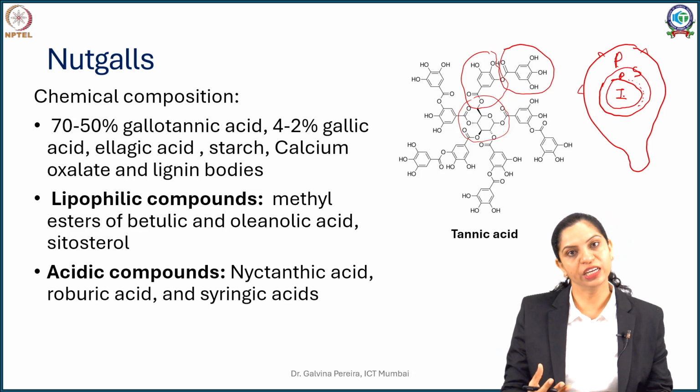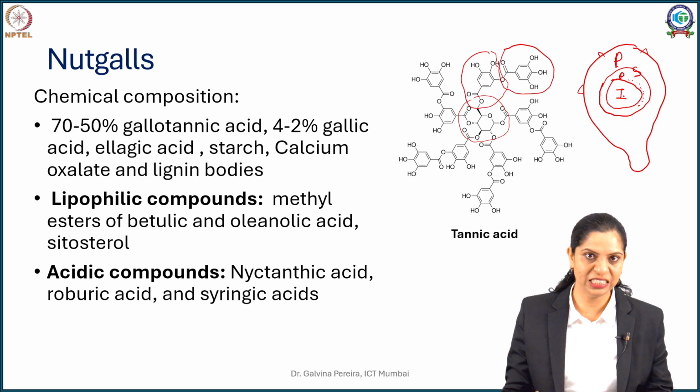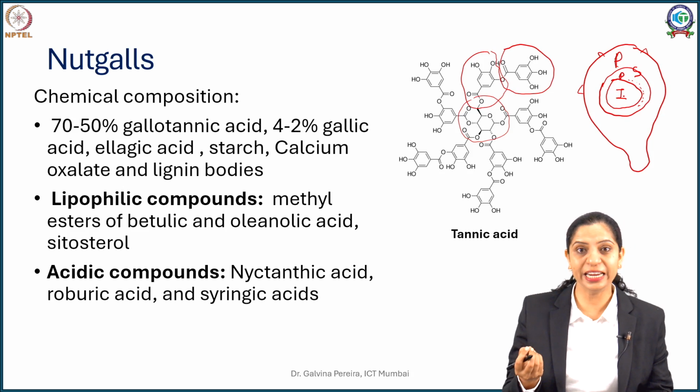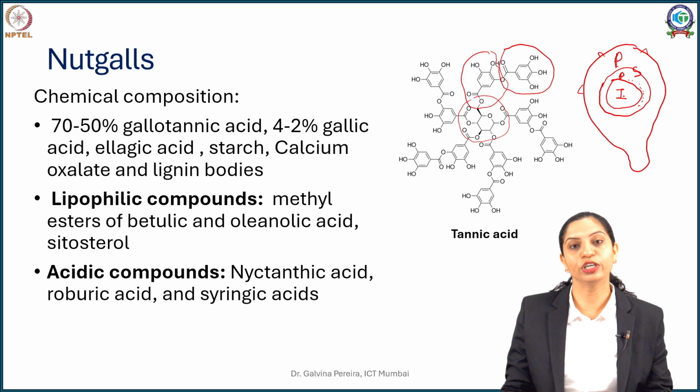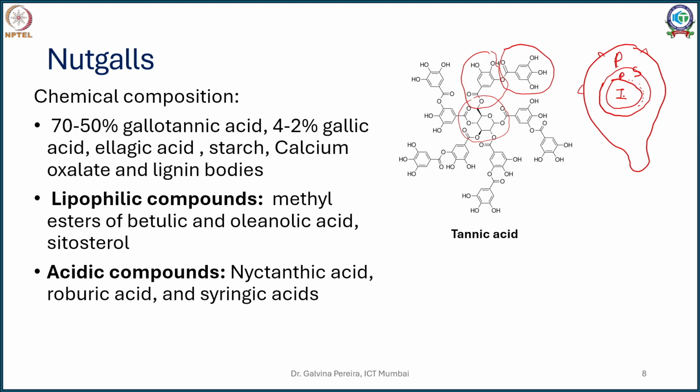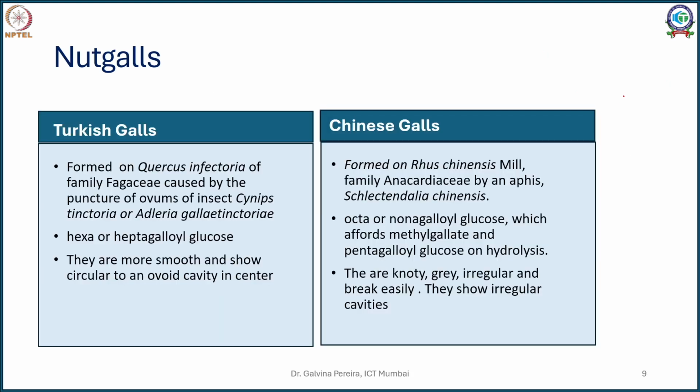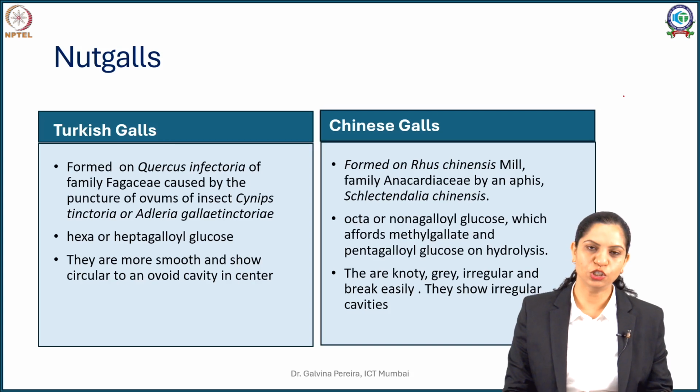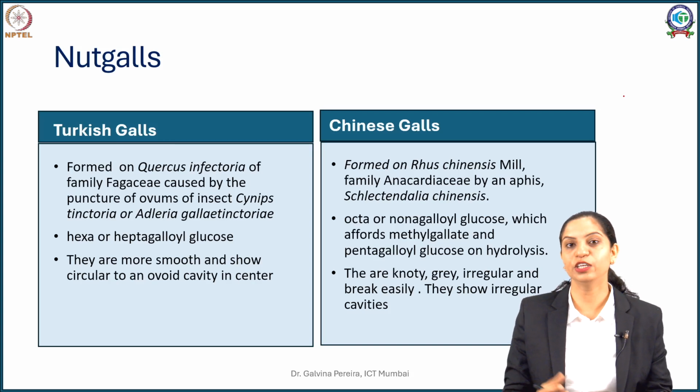Second thing, if you cut the galls, you should see a cavity inside, and if you add ferric chloride or any reagent to check for tannins, it should give you a tannin positive test. Now these tannins in galls are chiefly used for pharmaceutical purposes. So in the market you will get two types of galls: Turkish galls, and, as I said earlier, Chinese or